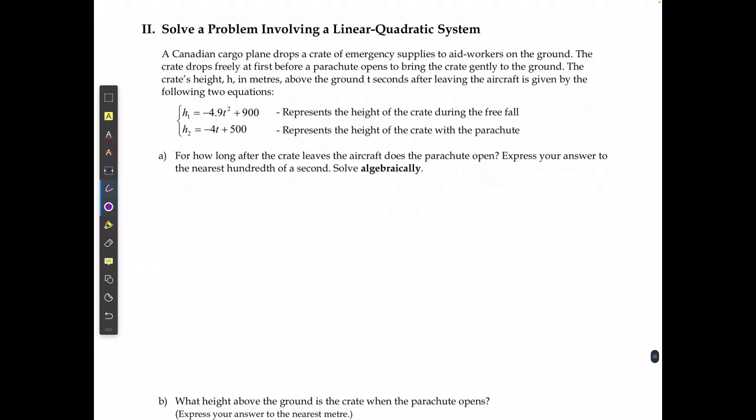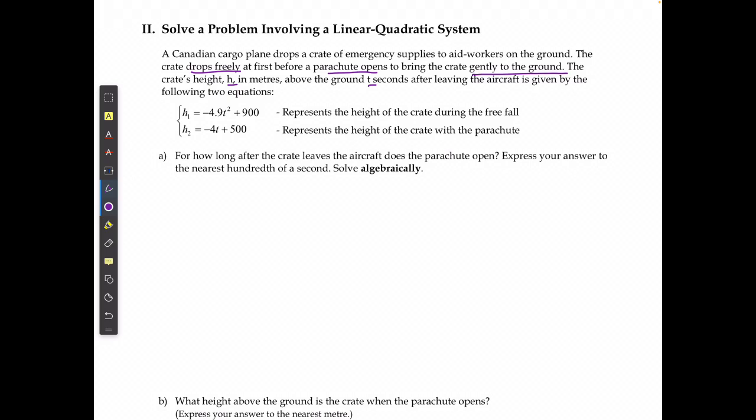If I'm solving a problem involving a linear quadratic system: a Canadian cargo plane drops a crate of emergency supplies to aid workers on the ground. The crate drops freely at first before a parachute opens to bring the crate gently to the ground. The crate's height, h in meters above the ground, t seconds after leaving the aircraft is given by these